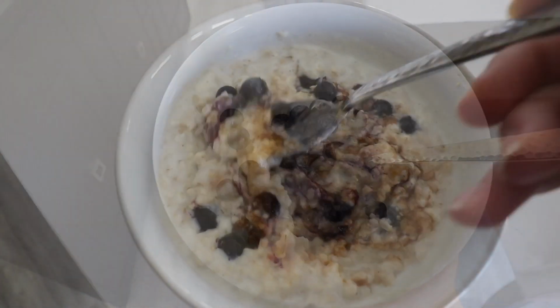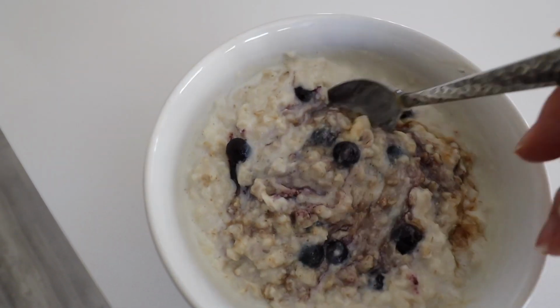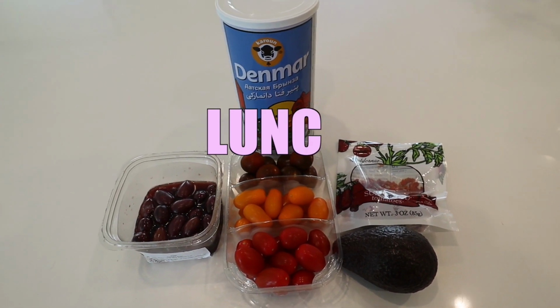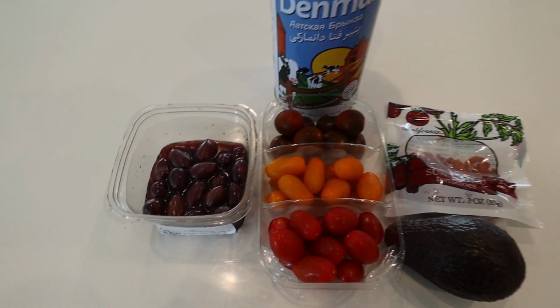But this is so good. I literally look forward to eating this every single morning, and as of this week, I've been putting collagen powder in my oatmeal too. So moving on to lunch, I'm doing this recipe that I found on Fit with Sis's